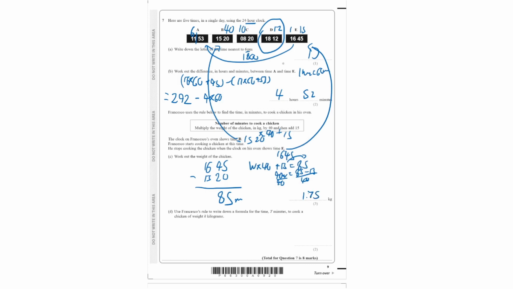Use Francesco's rule to write down a formula for the time T minutes to cook a chicken of weight K kilograms. So we use the same formula, but instead of writing a value, we simply write the variable K, then we times it by 40, and then we add 15. This gives us T. Now we can simplify 40 times K to 40K plus 15 is equal to T, and then we can write here T is equal to